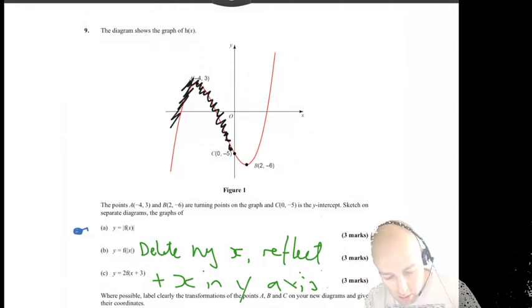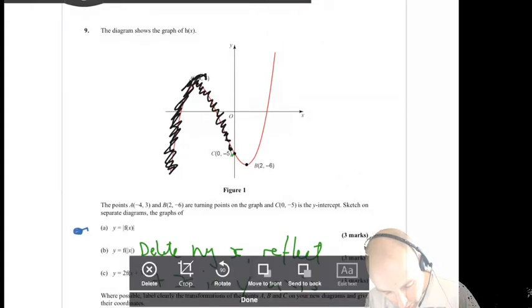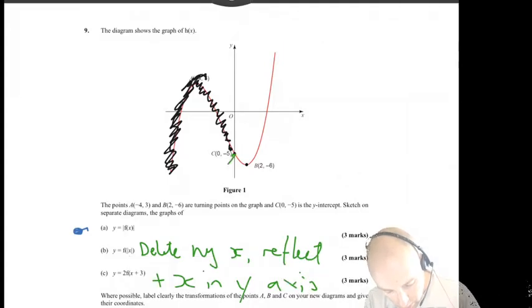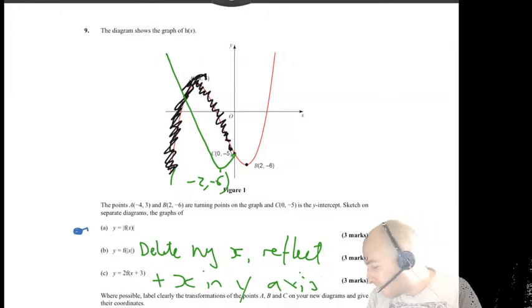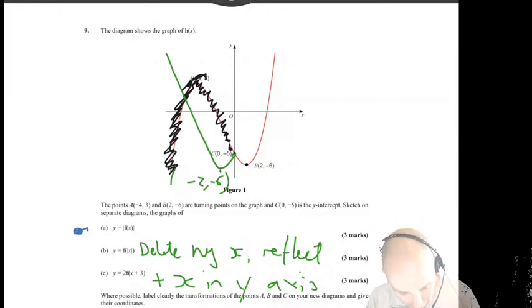Completely gone. And all this stuff gets reflected. So this point here will be -2, -6. Cool. And the last one